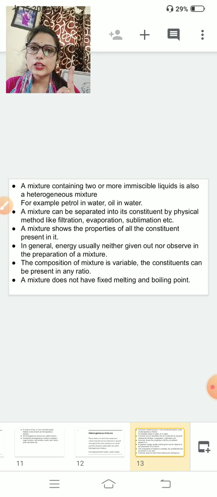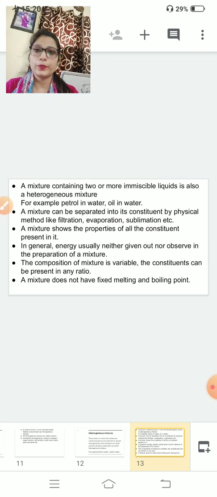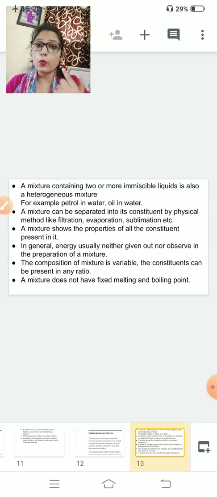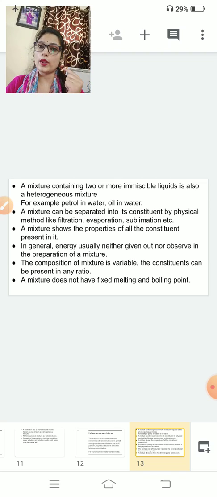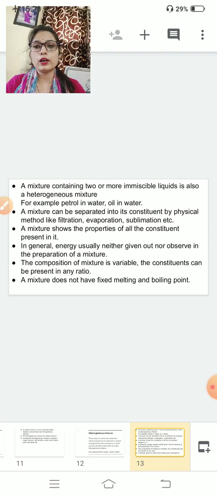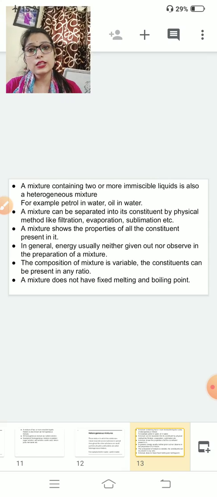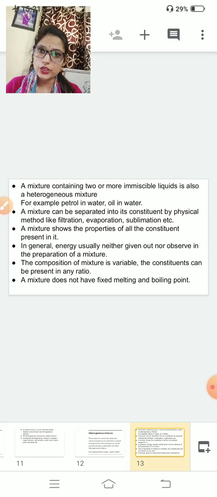If you take two liquids, for example oil and water, and start dissolving oil in water, it will not dissolve. The oil will come to the upper side of the water. So they are not completely mixed with each other. You can see two types of layers, one of water and one of oil. Those liquid mixtures which are not completely mixed, where you can see two or more different layers, are also called heterogeneous solutions. In solids it is known as a heterogeneous mixture.